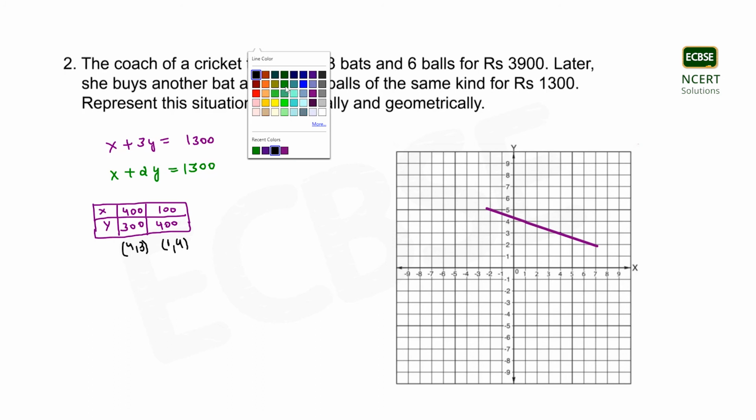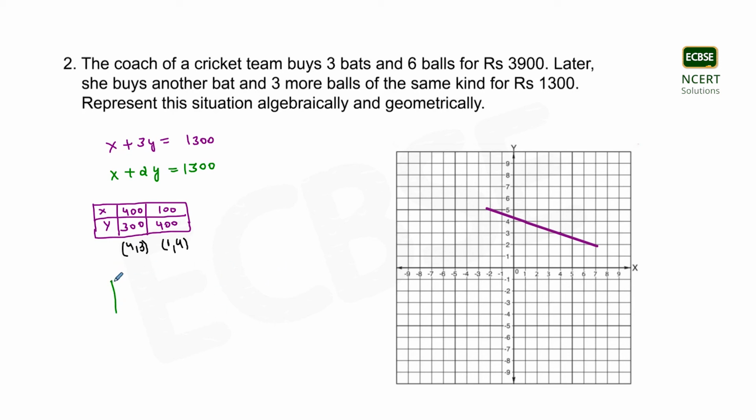Now coming to the second linear equation, that is x plus 2y is equal to 1300, we will again draw a table between the values x and y. Now here if we let the value of x be equal to 500, then the value of y, by putting the value of x in the second equation, comes out to be 400. And if we let the value of x be equal to 600, then putting this value of x in equation second, the value of y comes out to be